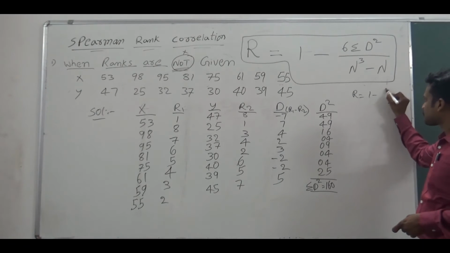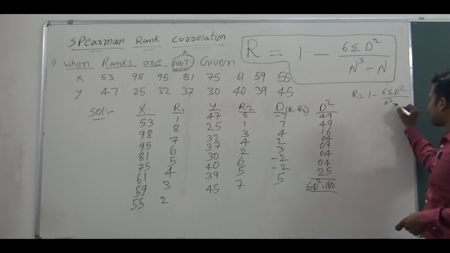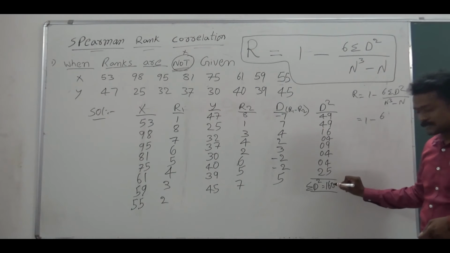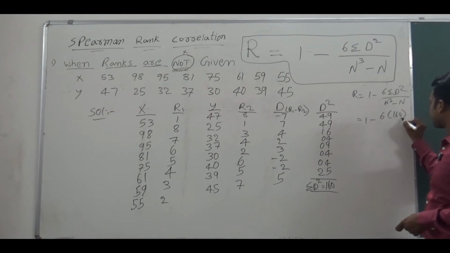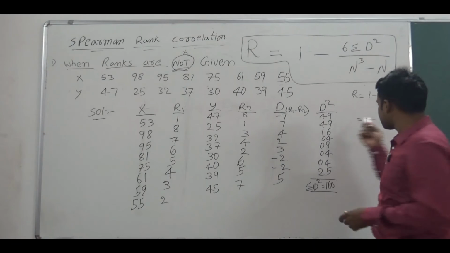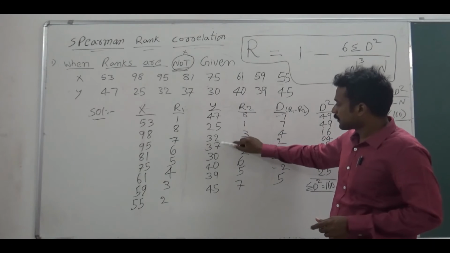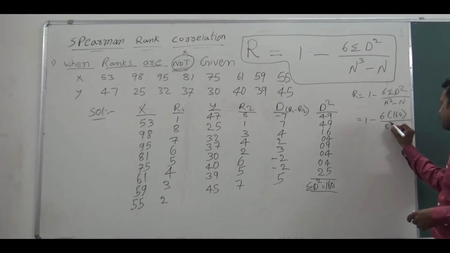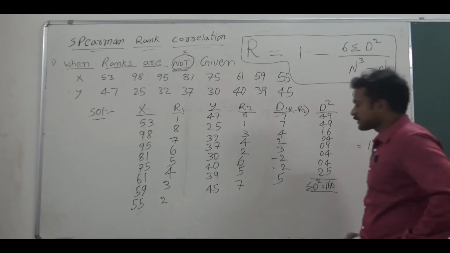r is equal to 1 minus 6 sigma d square divided by n cube minus n, that is equal to 1 minus 6 into sigma d square, which is 160, divided by n, the number of items. How many items were there? 1, 2, 3, 4, 5, 6, 7, 8. 8 items were there. 8 cube minus 8. Okay, that gives you 1 minus